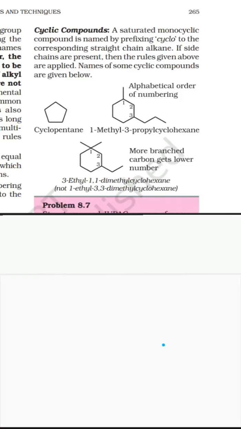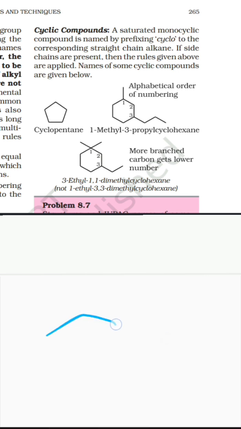Good evening, students. So till now we have seen the IUPAC nomenclature for acyclic compounds. That means which are not round shape, which are chain structures, like these compounds we have seen. Now we will see the IUPAC nomenclature for cyclic compounds. Cyclic means what? Cyclic means,